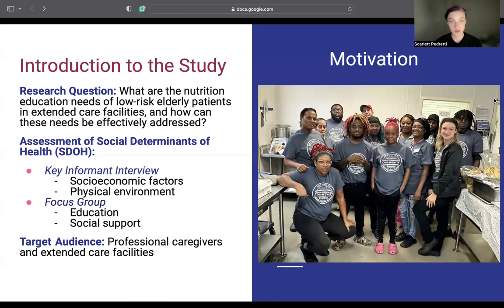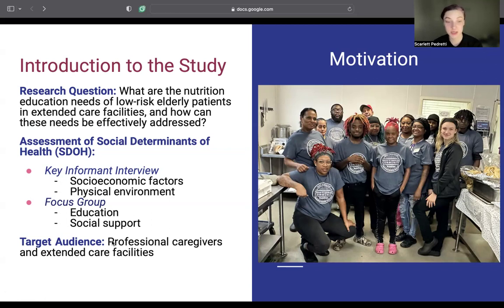So I chose those two for my key informant interview, but based off the responses that I got from some of my interviewees, I chose to refine my social determinants of health moving forward with the focus group. For that, I chose to just look at education and social support, since those were predominant themes brought up in my key informant interviews. For both the key informant interviews as well as the focus group, the target audience was the same. I was looking at professional caregivers, dietitians, nurses, and anybody that has experience working with this population, as well as extended care facilities in general,